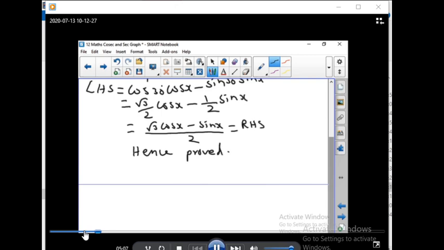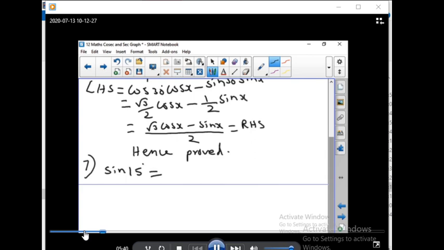So the second subdivision and third subdivision you can take as homework. On the left hand side we have cos(pi plus theta). You can use the cos(alpha plus beta) formula, and you know that cos pi is minus 1 and sin pi is 0. Using that you can do the second and third subdivisions for homework. Now we will do the 7th question. Question number 7: Find a quadratic equation whose roots are sin 15 degrees and cos 15 degrees.